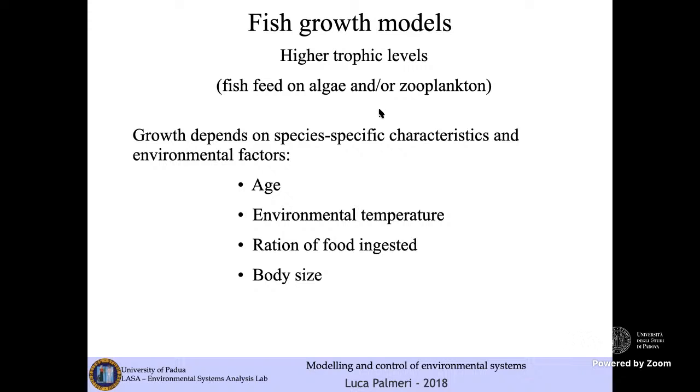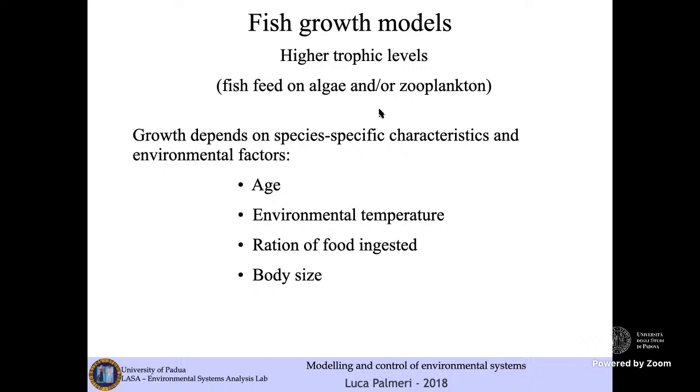And we shall start our analysis by looking at the physiology of these animals. In particular, let us concentrate on fishes that are quite simple animals. And for these animals, we recognize that growth depends on species-specific characteristics and some environmental factors. These are the age, which is species-specific, environmental temperature, which is an environmental characteristic, the ration of food ingested,